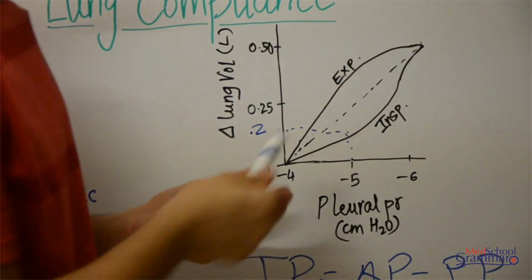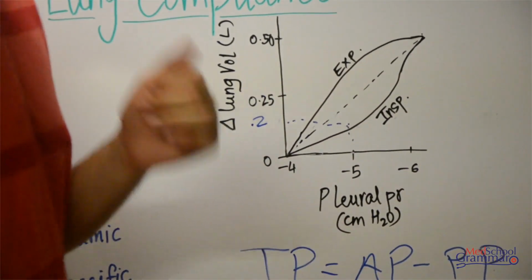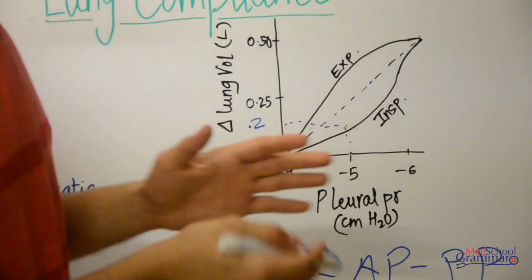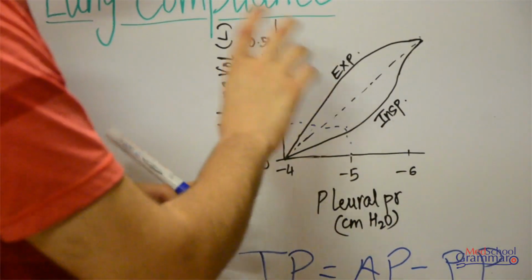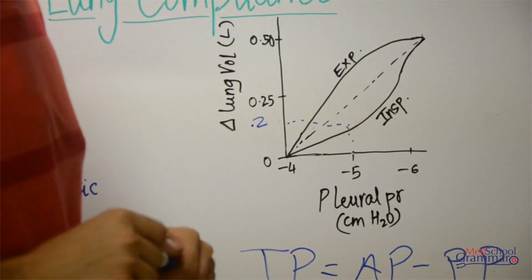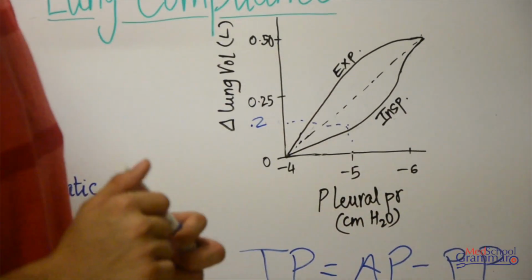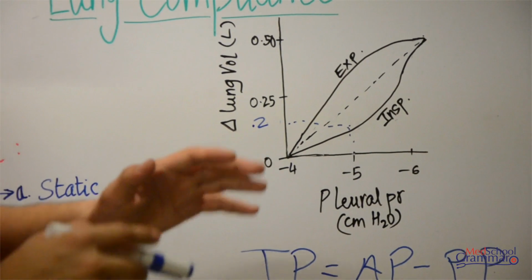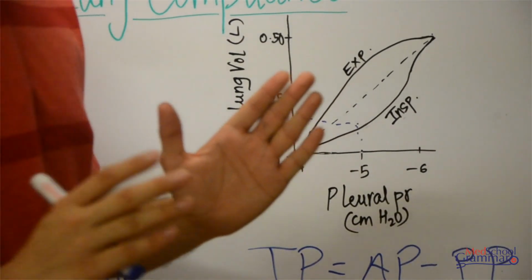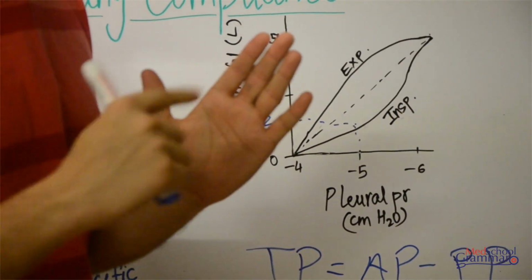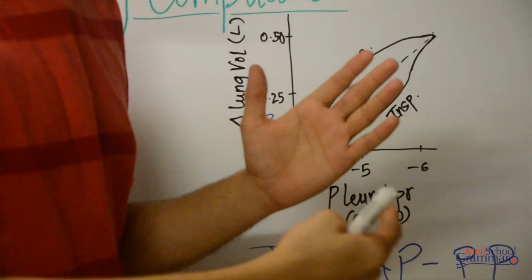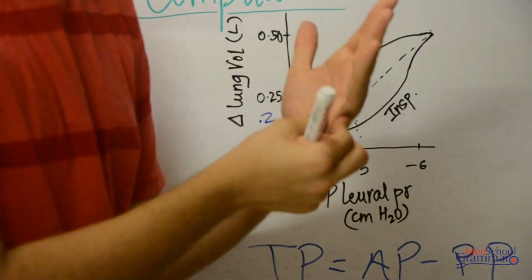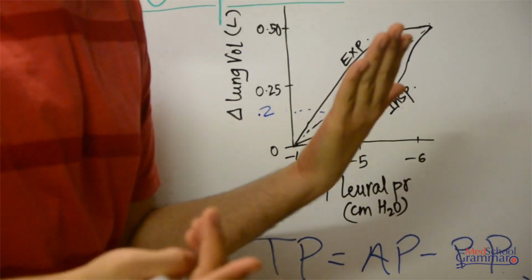So you'll ask again, why is the curve not the same? Why are the inspiratory and expiratory curves not overlapping? Why is the pressure difference required to change the same amount of volume different? I'll explain it using an example. Imagine there's a closed door and you want to open that door. The force required to open it is much greater than if the door was already open and you were trying to open it even further.